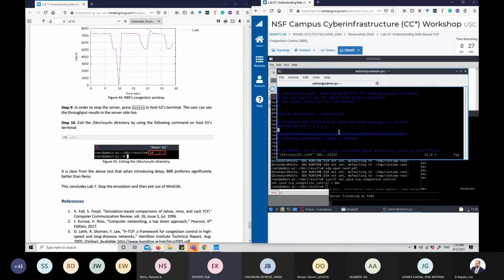But basically, what this file contains is all the parameters. And let's say you want to always use BBR, then you would write here the key and the value. So for example, net.ipv4.tcp_congestion_control equal to bbr. If you write that and then you save your file, you reboot, then by default, your congestion control will be